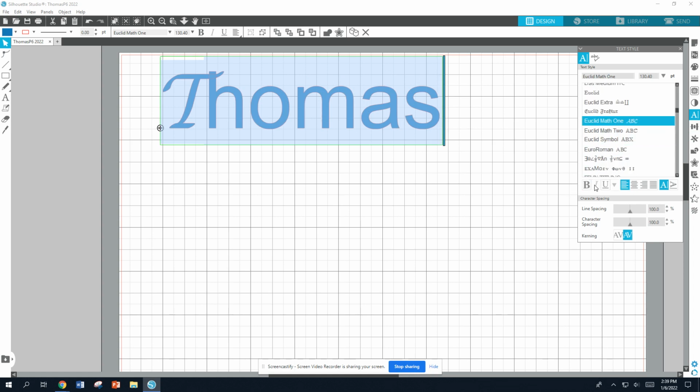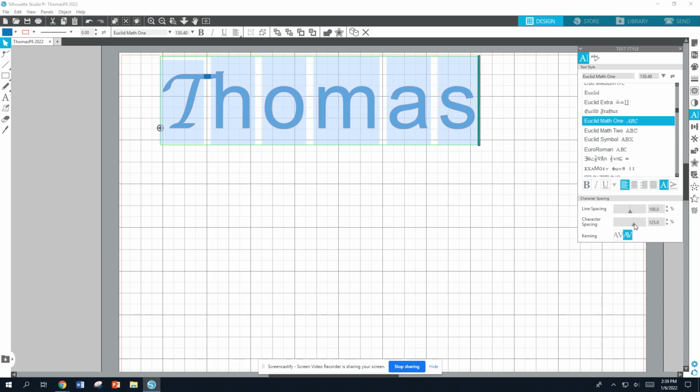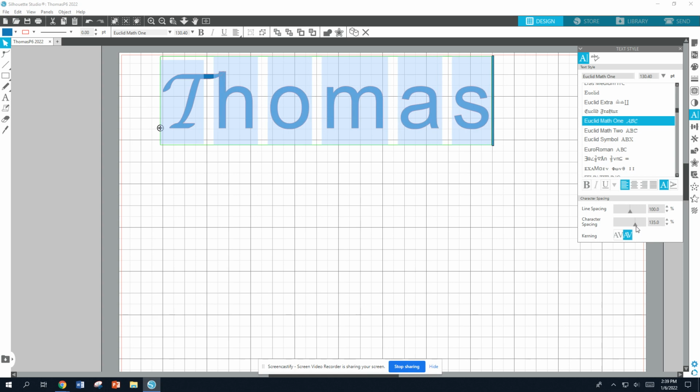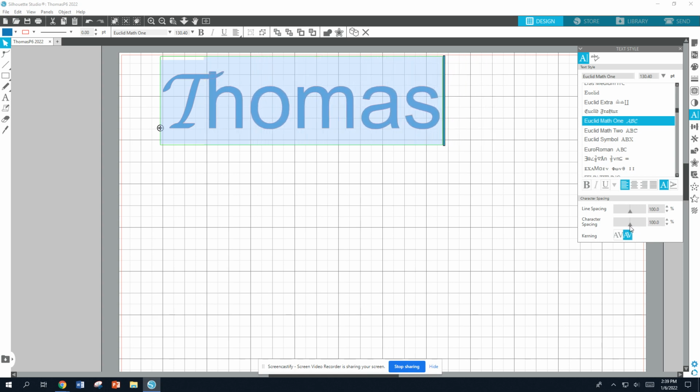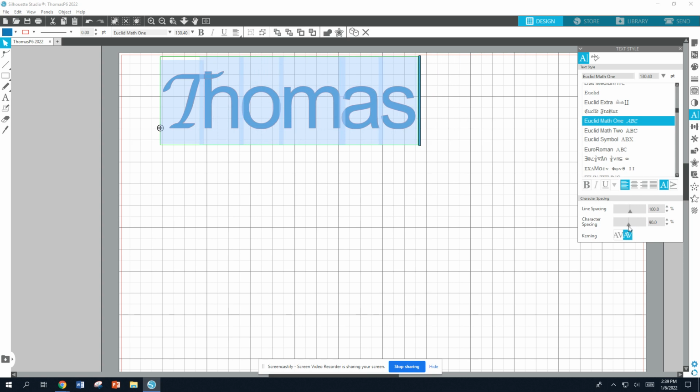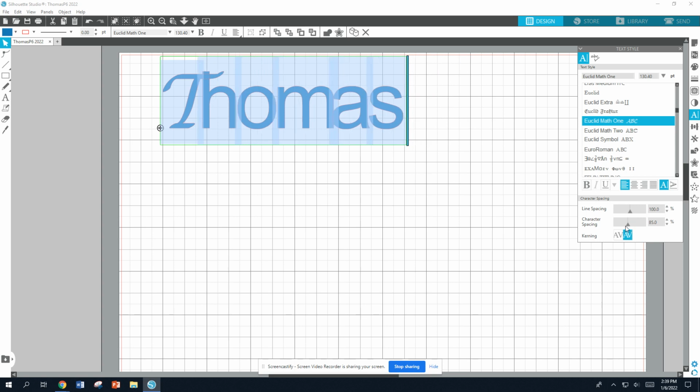So some of these features down here work. Some of them don't. We do have the ability to do line spacing and character spacing, so we could spread the letters out or bring them as close as possible. Depending on what you're doing, these are your choices. So if you do it horizontally, you could use line spacing. You just put an enter in between each one. So have fun, try it, and see what you can do. And next time we'll work on making images turn into